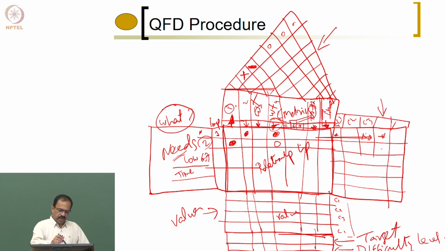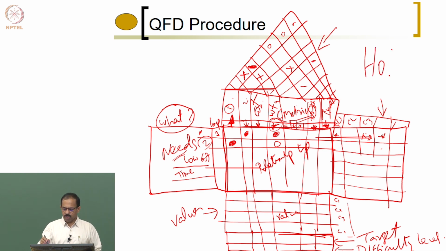So, here I am trying to find out the relationship between individual metrics, and when I change a metric, how the other metrics get affected can be shown in this diagram. You can show it as a plus, minus, depending on the requirement. So, this chart gives you a complete picture of the whole thing we have identified so far. It gives you all the information in a single sheet, and that is why this is known as the house of quality, and it looks like a house, that is why it is known as a house of quality.